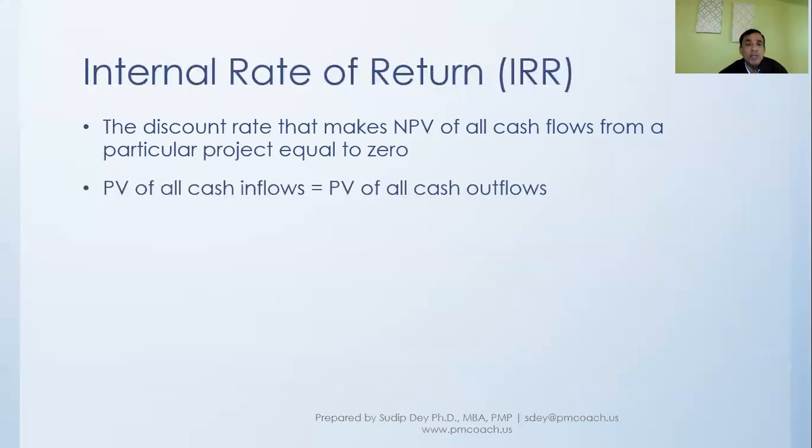And so when we do this, you find that particular discount rate at which the present value of all cash inflows is the present value of cash outflows. That is the IRR we are talking about. Of course, the higher the IRR, the better it is. So in other words, what we are saying here is,